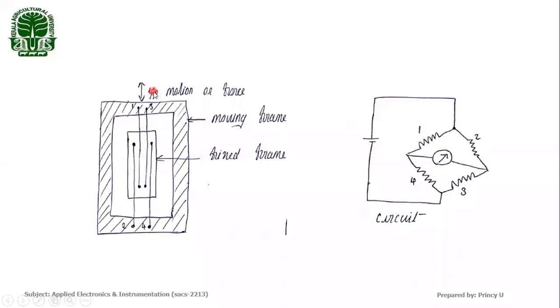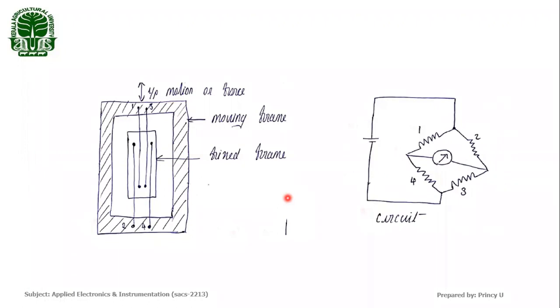So when we connect these four wires as a Wheatstone bridge arrangement, with the first, second, third and fourth wires connected in the bridge, and we apply a voltage across it, there will be a change in voltage produced in the voltmeter connected across the opposite arm. This change in voltage is proportional to the stress or strain applied on the movable frame. So this is the working principle of an unbonded strain gauge.